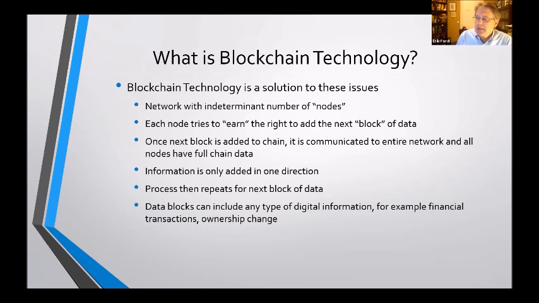So it gets communicated as ownership changed, block is added, or a transaction. For instance, let's use a better example. Let's say you're a factory that has a certain part that you might get from several different vendors. And so you want to be able to track where that particular part came from, what particular vendor. It may have gone through 3 or 4 or 5 or a dozen different hands to get to you. You can track all that through a blockchain.